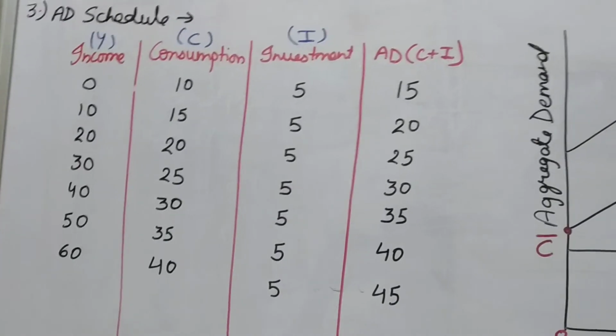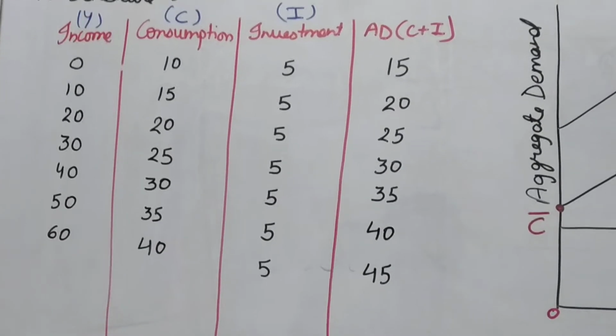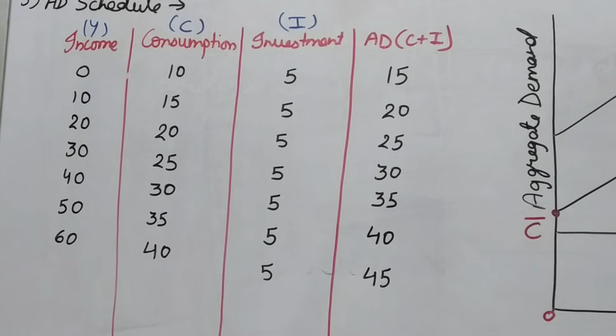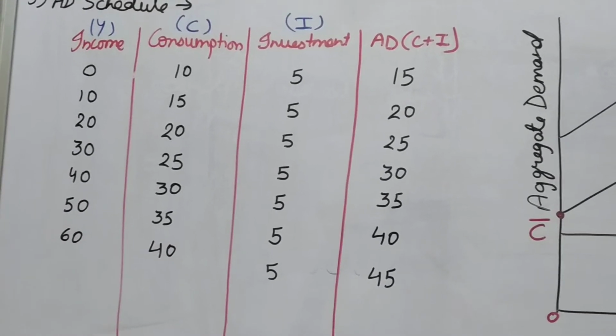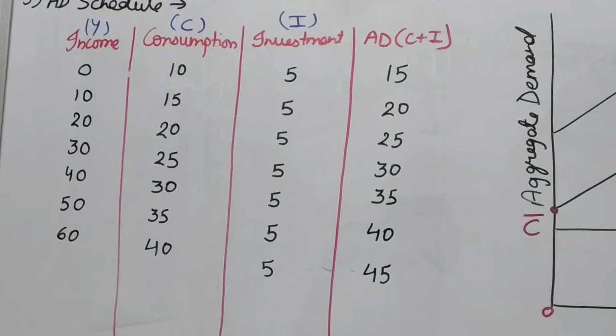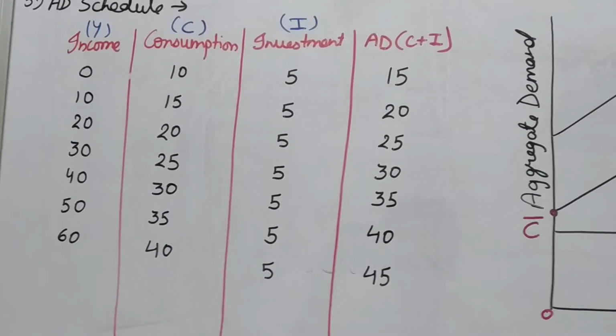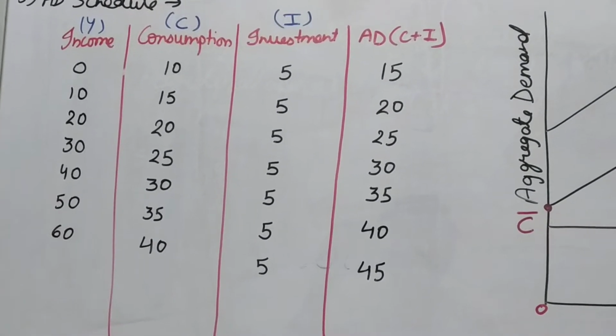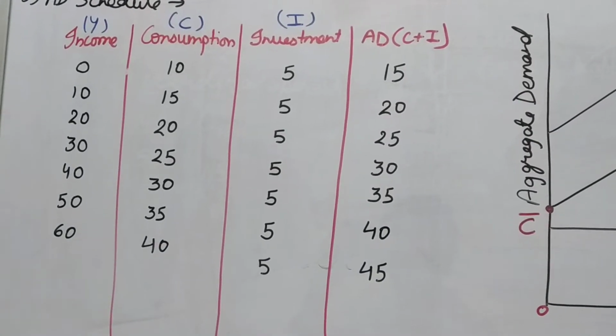See, there are two types of investment. This portion is deleted from your syllabus, that's why I am simply giving you the introduction. First one is the induced investment. Induced investment is always done for the profit motive. If profit is more, investment will be done.